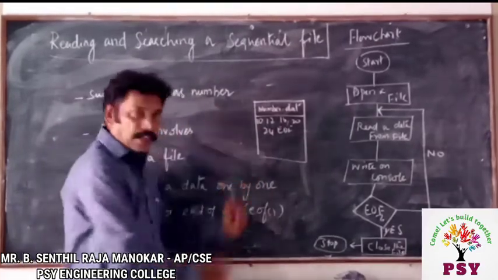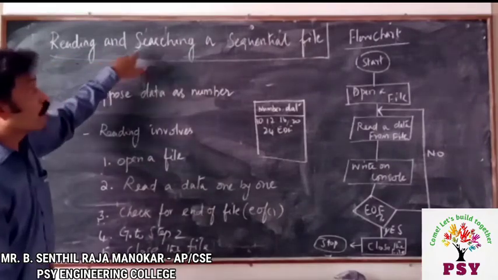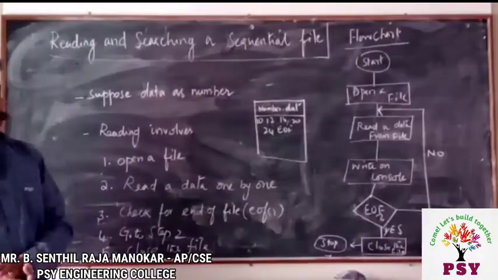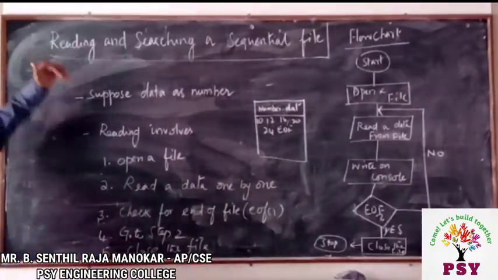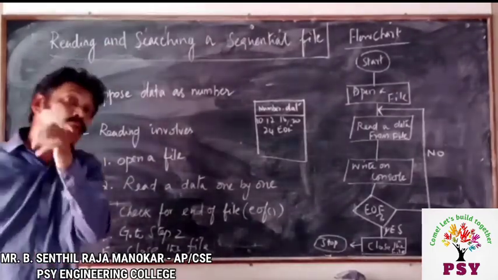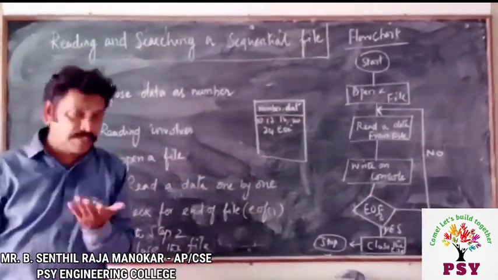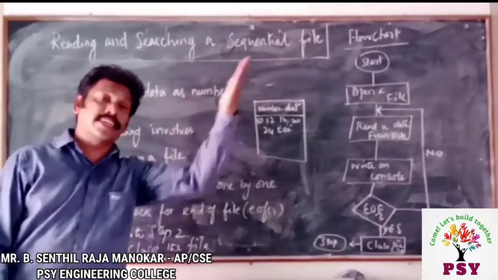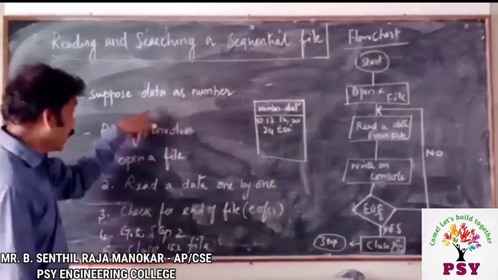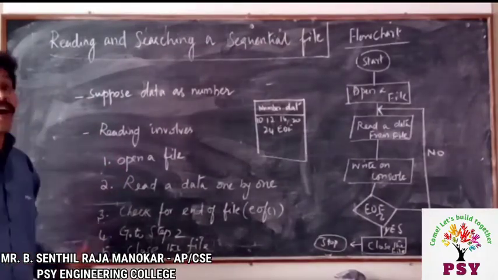With the help of this file, we are going to do very important operations like reading and also searching the data with the help of the sequential file. So first I will take reading, then I will take searching. For reading, what should we do? For reading, we should have a file with the data. That means we have already created it earlier. Then, suppose that file has data as numbers, then we have to use the following steps for reading